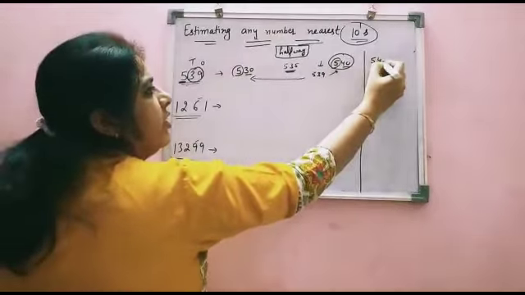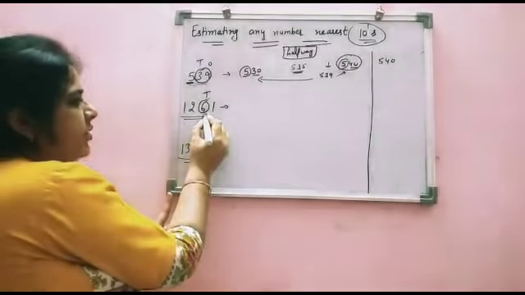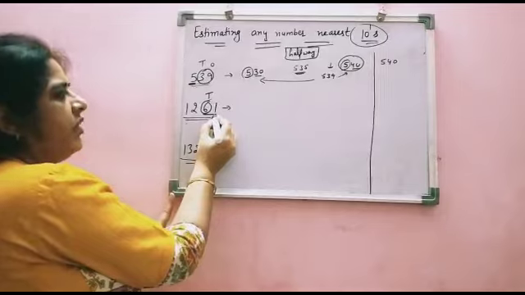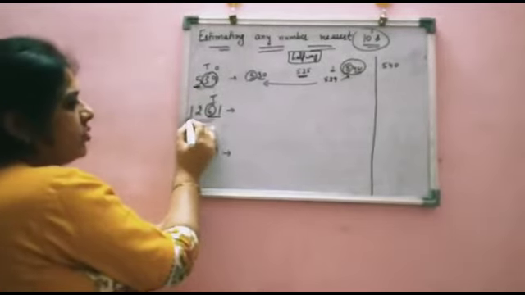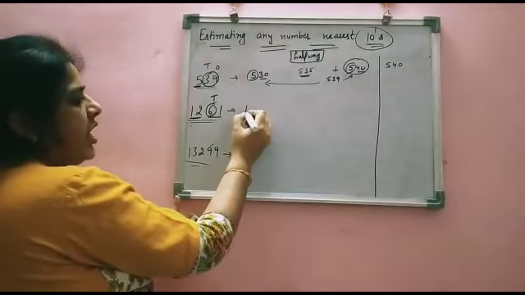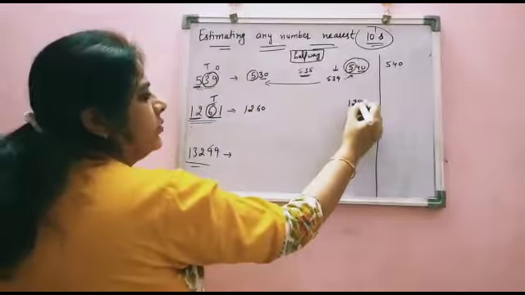540. Now we are estimating a 4-digit number to the nearest tens. Here the tens place digit is 6. So it means 61 lies between 60 and 70, but it's 1261, so this will remain the same. So it lies between this and this. So what is the halfway here?